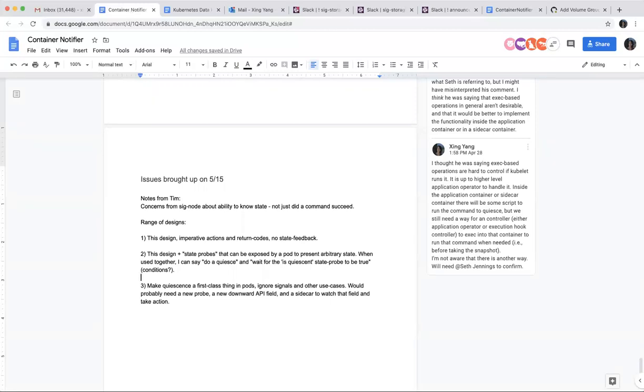But back to what you mentioned before, how do you define this if it's just the FS freeze, right? We need to think more on this, but I agree with you. There are alternatives out there we should be considering, and I think Shin already considered a lot of them. And also FS freeze is not the only thing, right? The databases have other commands, and I think they behave differently.